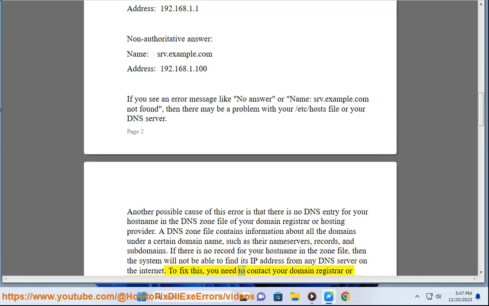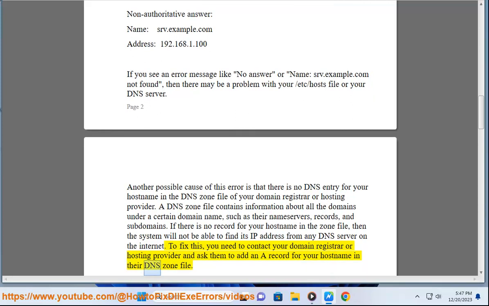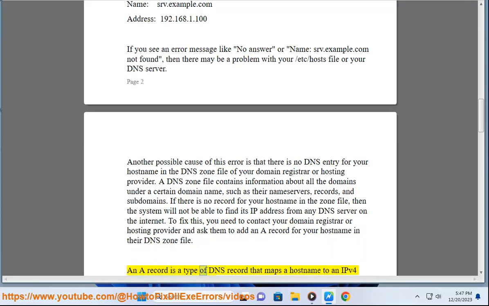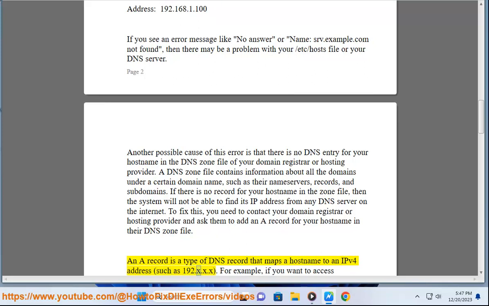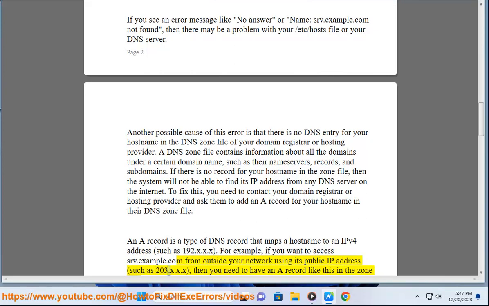To fix this, you need to contact your domain registrar or hosting provider and ask them to add an A record for your host name in their DNS zone file. An A record is a type of DNS record that maps a host name to an IPv4 address, such as 192.x.x.x. For example, if you want to access srv.example.com from outside your network using its public IP address, such as